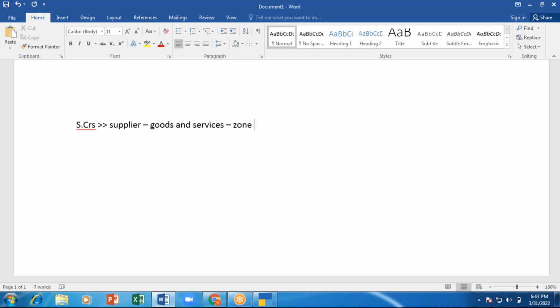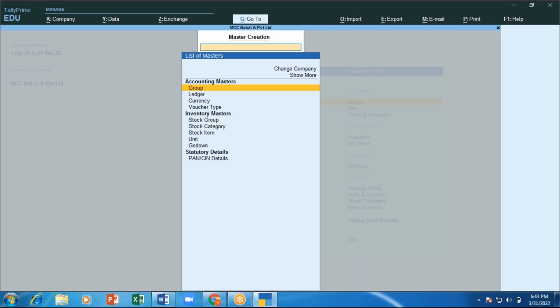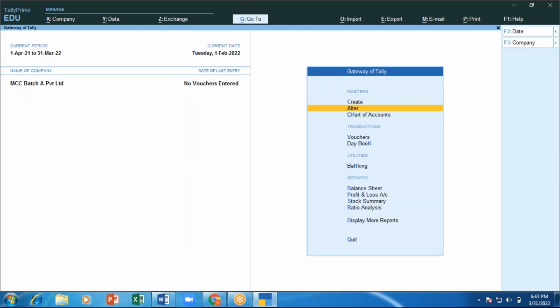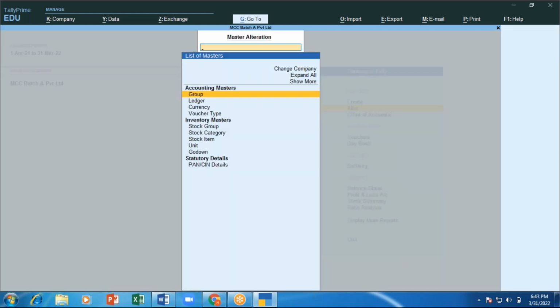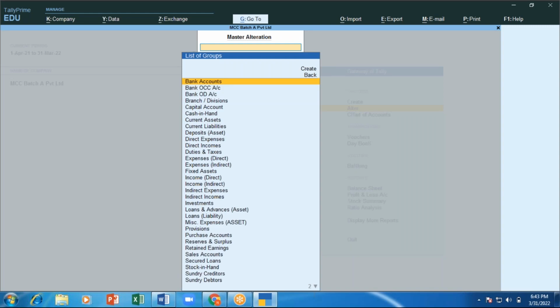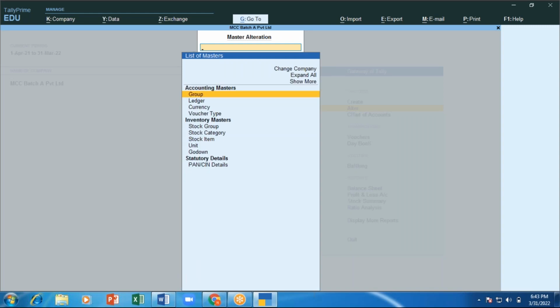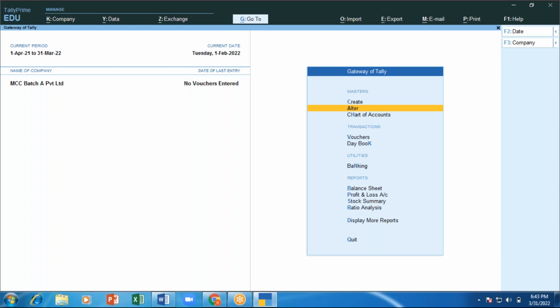in that case, I can create a group. So it is actually not necessary in every case. If at all you want to see zonal wise, in that case you can use it. So let me show you. As we know already, we have certain groups. There are 28 groups. All these things we have seen. These are the groups we already have. If additionally I want some other groups to be created,